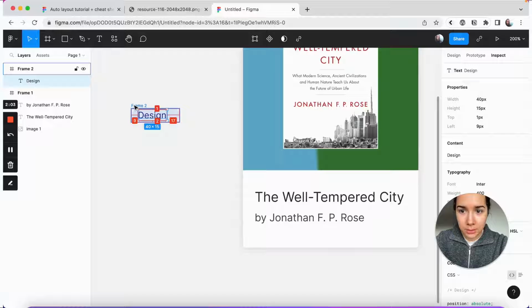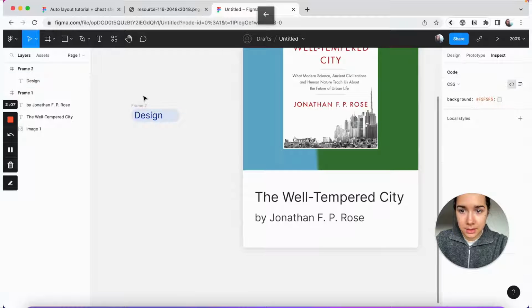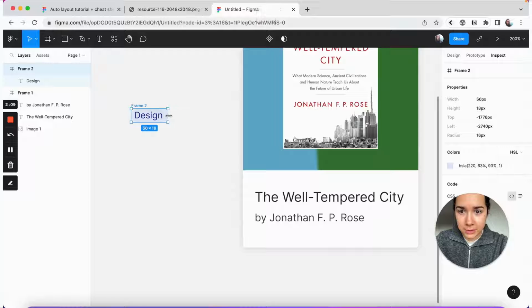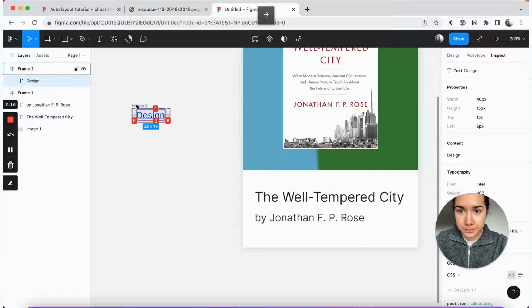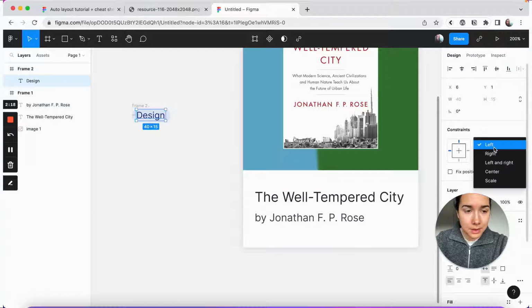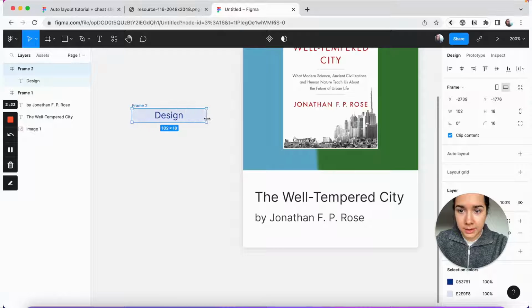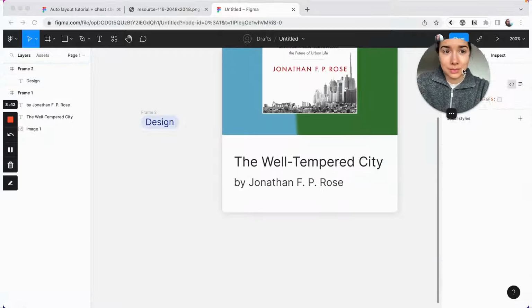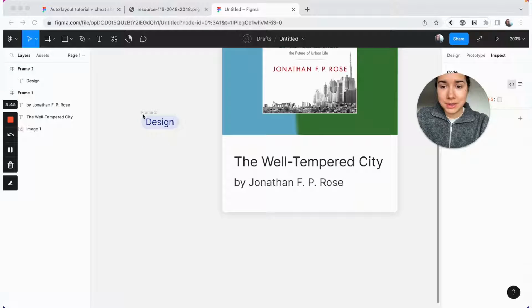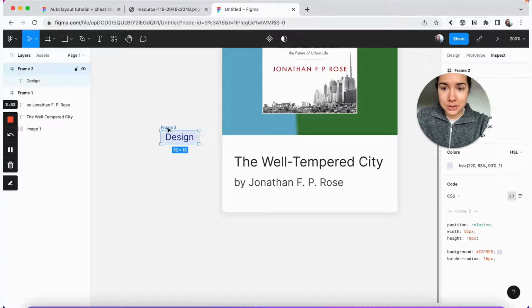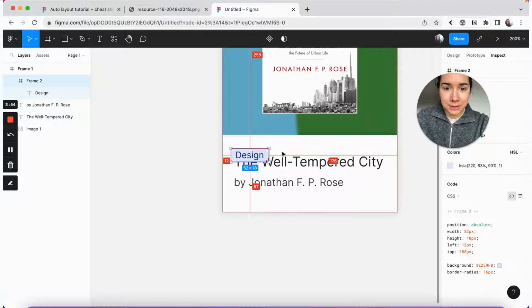Now I'll adjust it here just so it's as wide as I want it to be. And I'll set it to center. So if we resize it, the text layer is always in the middle. So now I need to place the tag inside the frame. So I'm just going to take it and place it right in here.